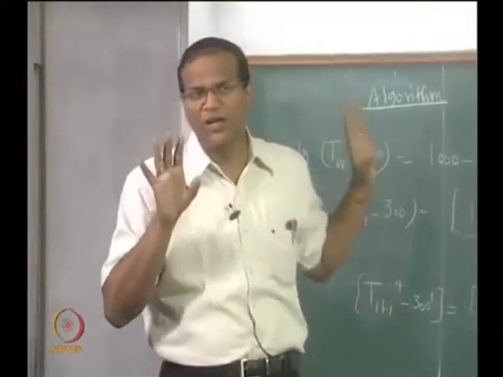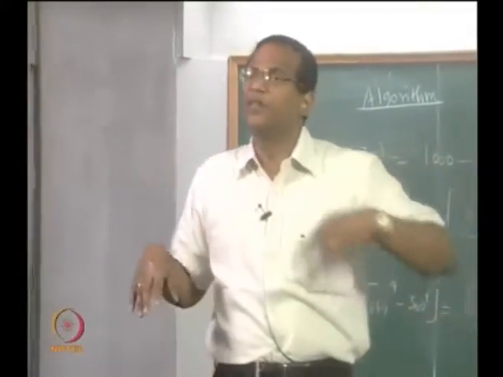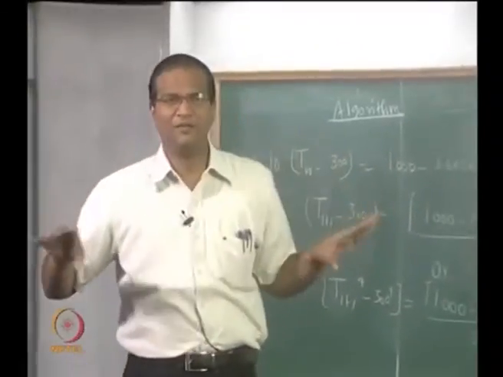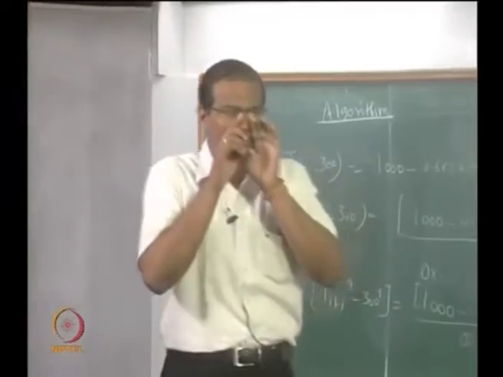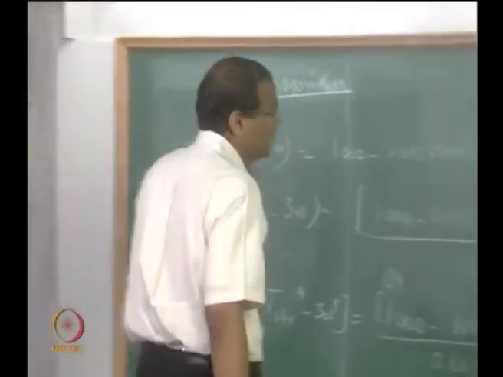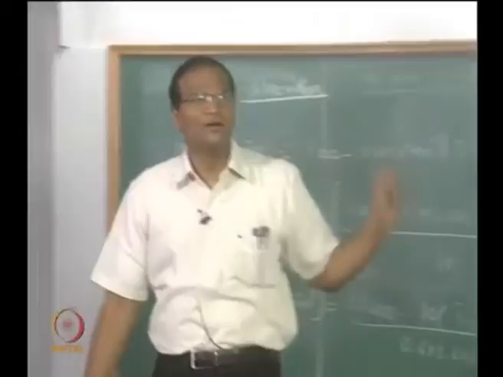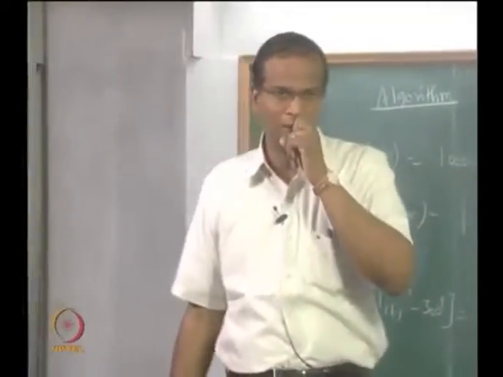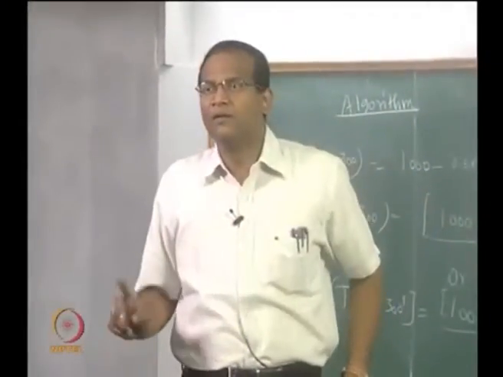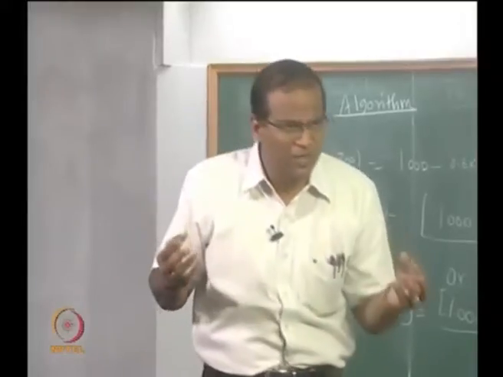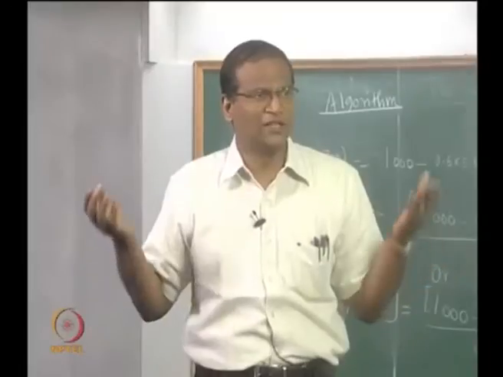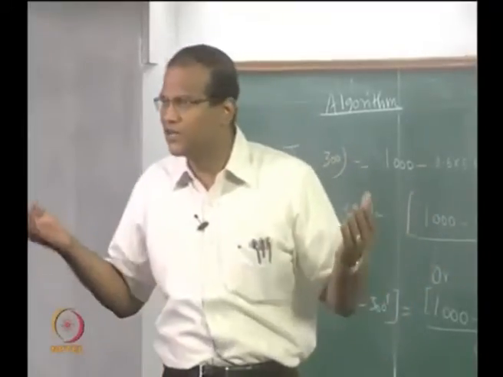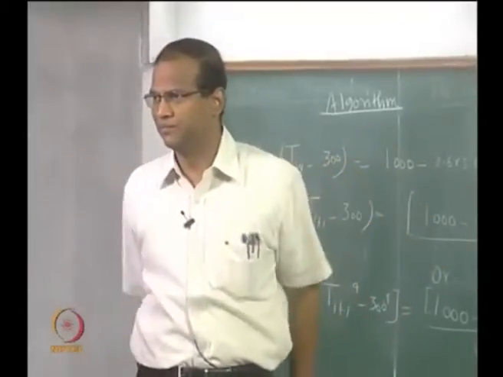So one of the 2 algorithms will fail. We will not investigate why one of the 2 algorithms is not working, but suffice it to say that because of T to the power of 4, one of the 2 algorithms will not work, because the errors will propagate. But you know that it is a physical problem, a wire is cooling, it has got emissivity, there is natural convection, there is convection and radiation. So it has to attain a physical temperature.